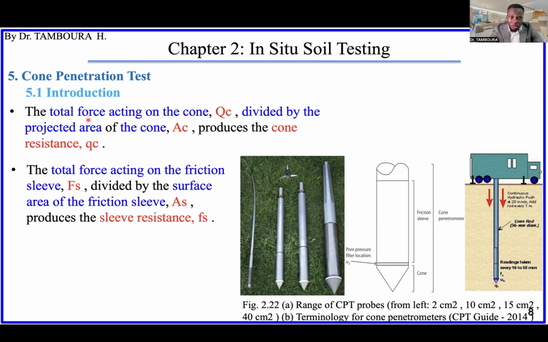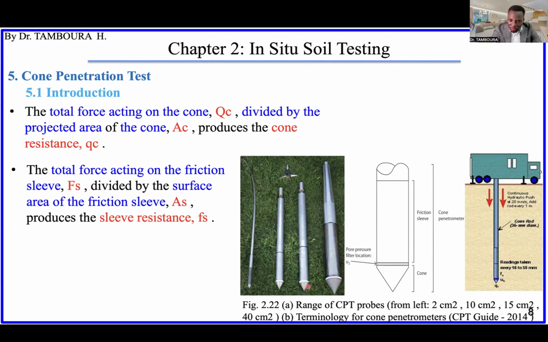So let's call the total force acting on the cone Qc, with capital Q. The capital Q just means it is in kilonewton or newton, not in pressure, in terms of force. If we take this Qc and divide it by the projected area of the cone,